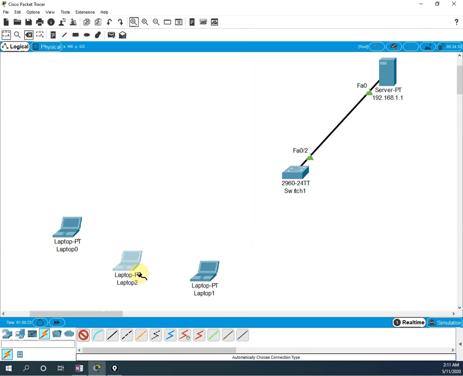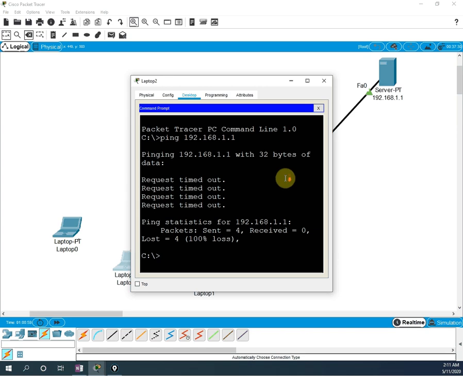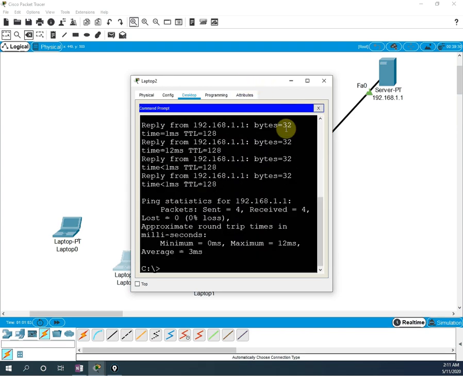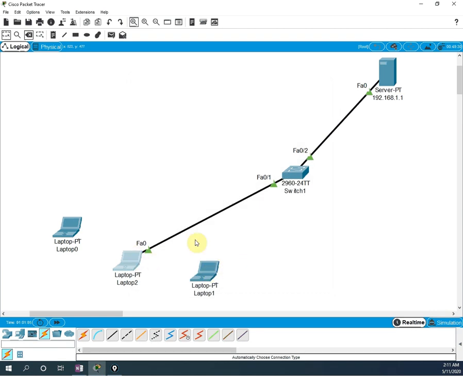Let me connect the cable. Okay, which one is the new laptop? This one, right? So I will connect now. Okay, and this one, then let me ping. So this is a hacker guy who came and connected to our network. He is also getting the reply. So we connected 3 laptops. The official laptop is this one, the laptop of our manager. This needs to access; other guys should not access.